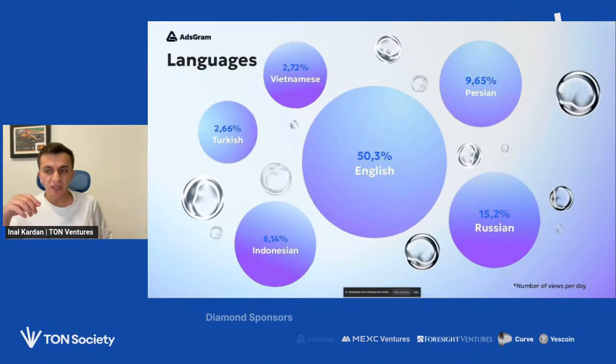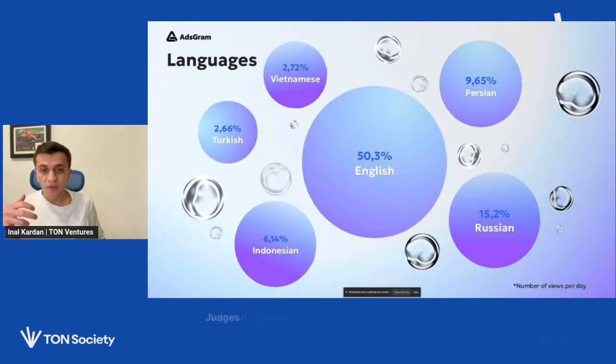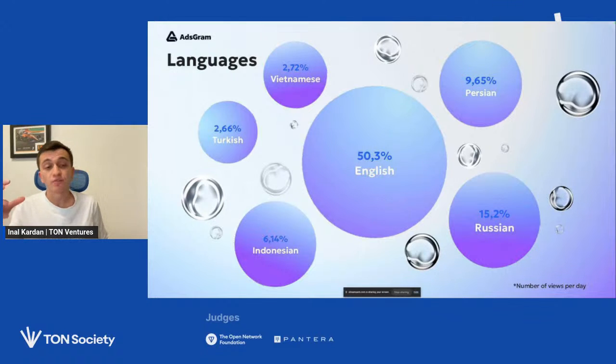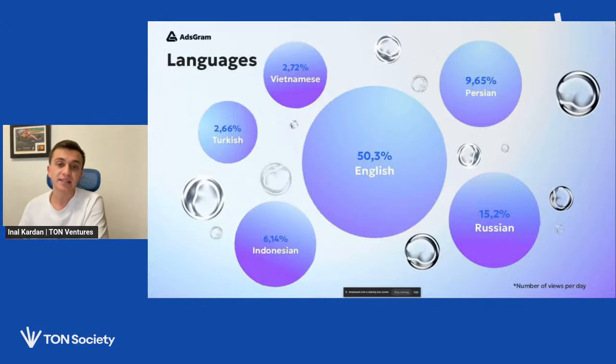Russian is quite big, Persian, Vietnamese, Turkish, Indonesian. All of them are quite big. So if you want to get millions of users, probably you have to target one of these languages. If we speak about Telegram ads, for example, I know that the Uzbek language is one of the biggest languages in Telegram ads, unlike AdsGram.